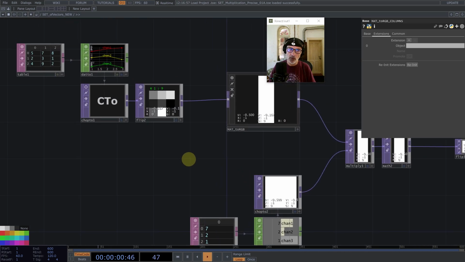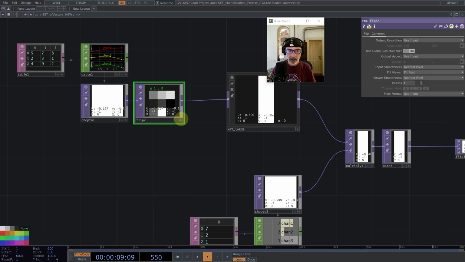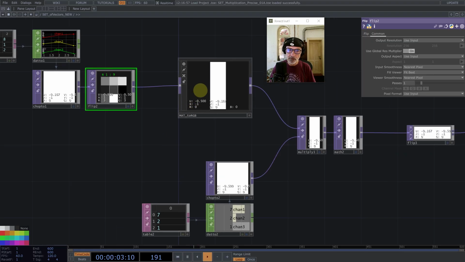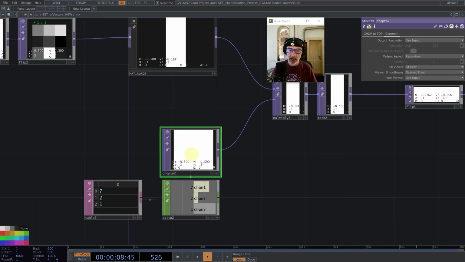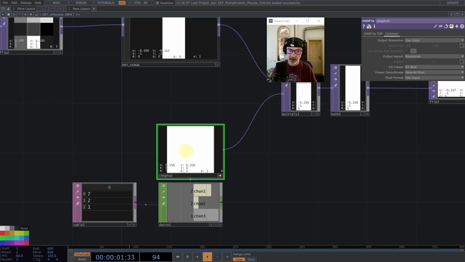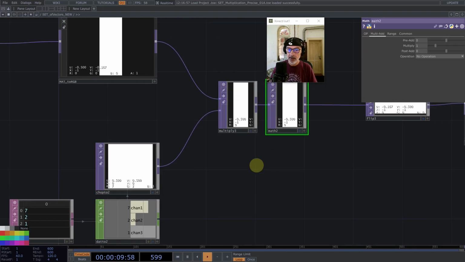I kept the numbers from my previous tutorial and I go into CHOPs, and I have the texture, but it's flipped, and here I see it with normalized split just to check: 5 7 8, 2 3 1, 4 9 2. So yeah, we are good. And here we grab the columns, obviously, and here we have the vector, which is an RGB. We have 7 2 1 on RGB channels, and we multiply by those channels, and then we